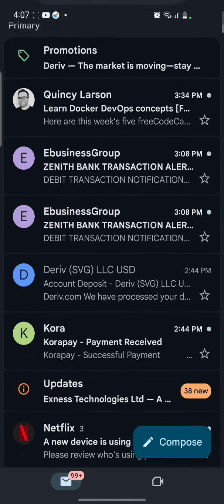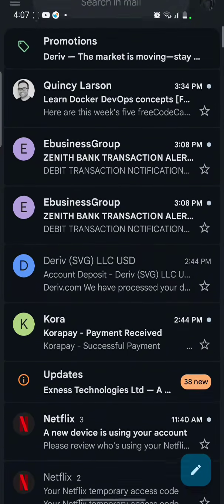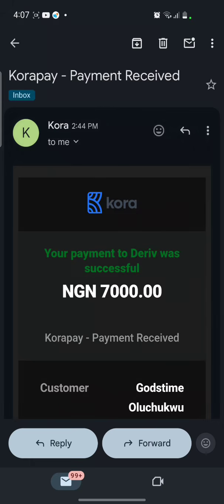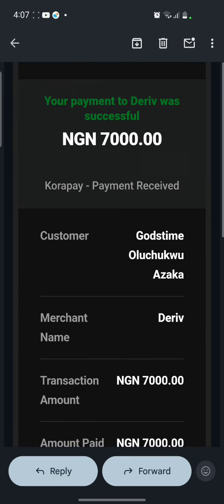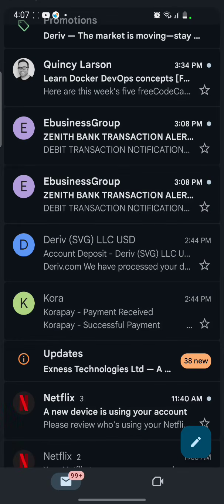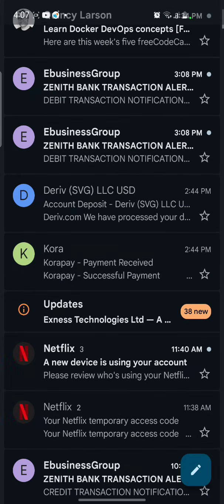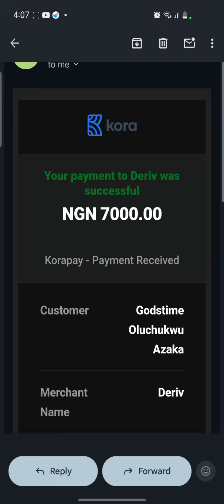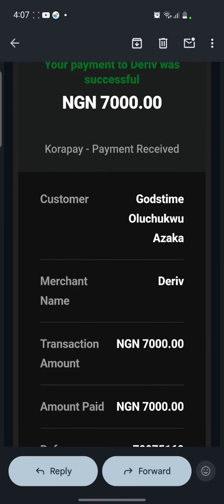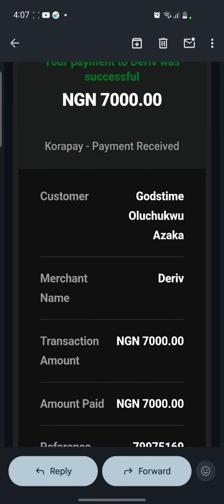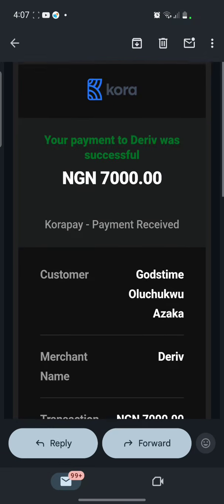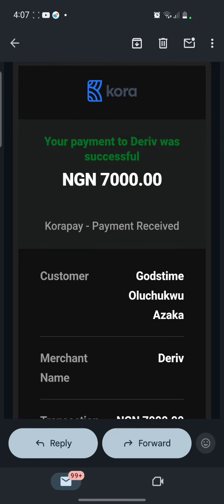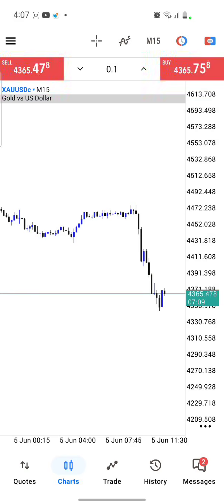So as you can see, you see this Cora payment. This Cora payment is the $5 that I actually withdrew. This is 7,000 naira. I think this was the one from the deposit into my Deriv account. So this was $5. I actually withdrew the $5 from our XNS account. Let me show you guys the withdrawal that I actually did today from that particular XNS account, being exact $5 that we funded to Deriv, just to be able to catch that move, and so we can successfully post this video.